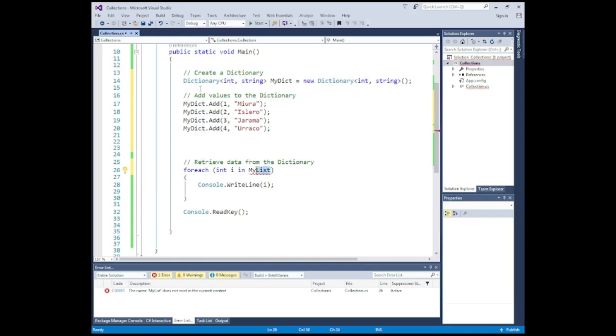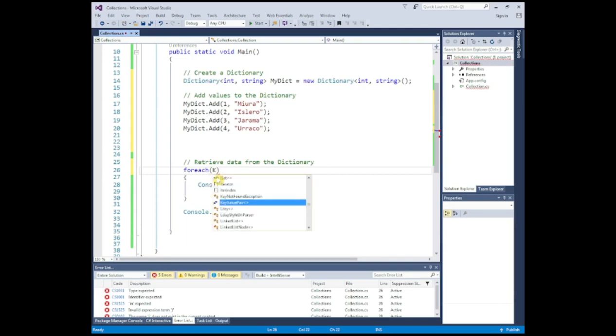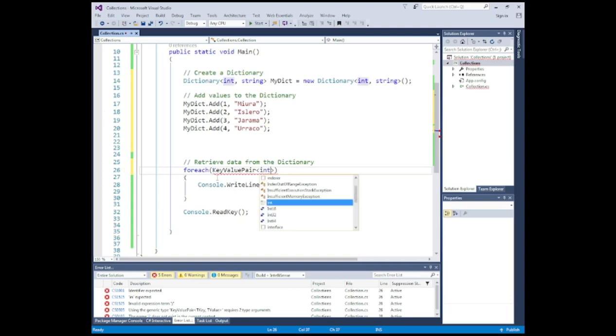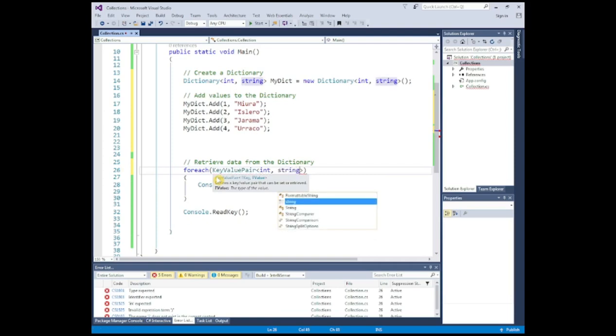And in this for each, we're going to change this for each. Within these parentheses, we're going to use another keyword that we've not used before, key value pair. And in here we define our key value pairs, the types. So we used an int, and we also have a string,